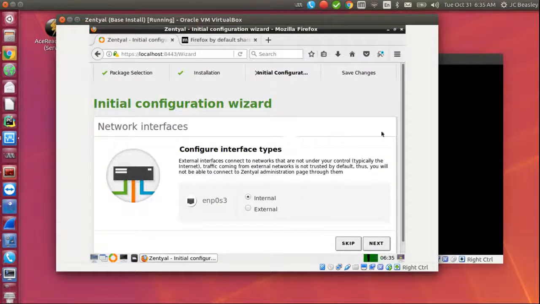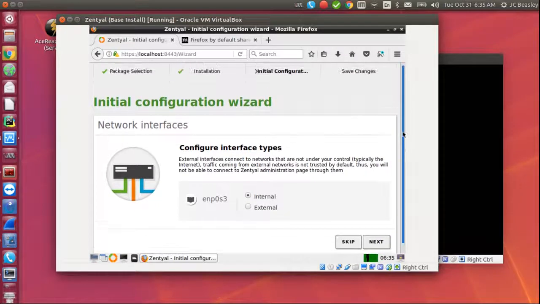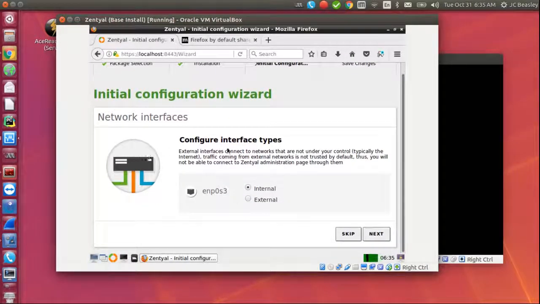Okay, so now that we've gone through, it looks like it's installed the base stuff. We're gonna have to configure